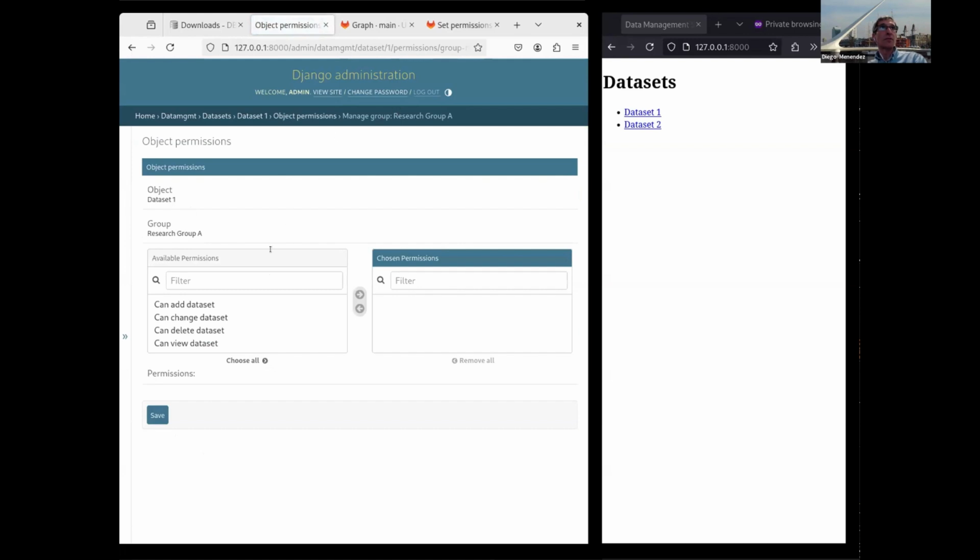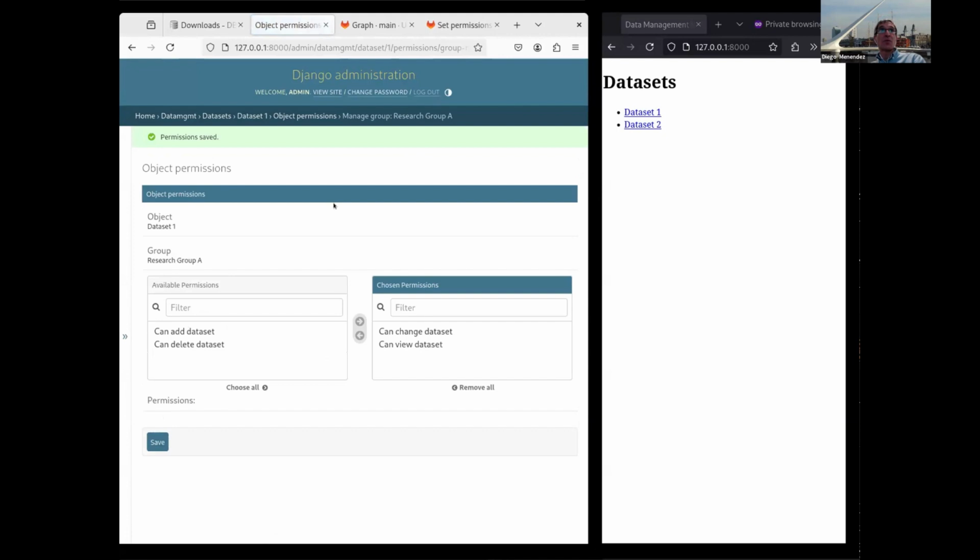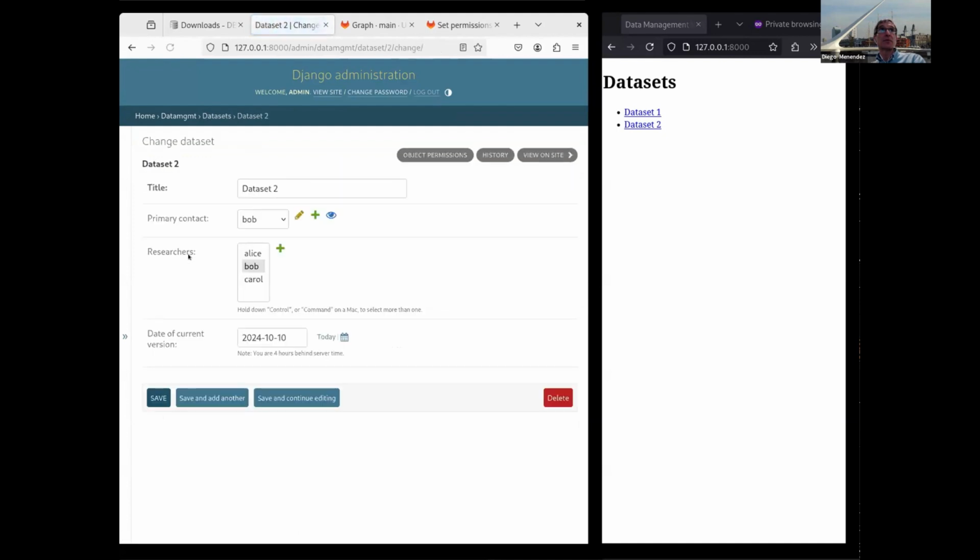For this research group, we can add permissions to view and add permissions to change. So any member of group A will be able to view and change permissions for dataset 1. We are going to do the same for the other dataset 2,